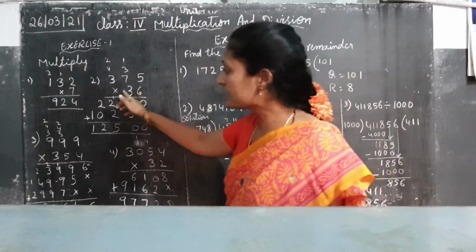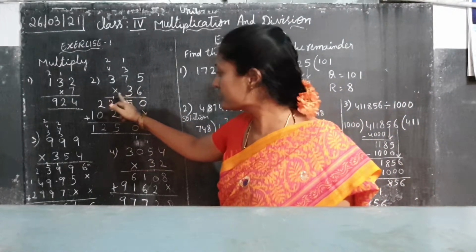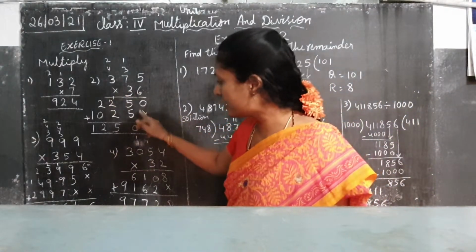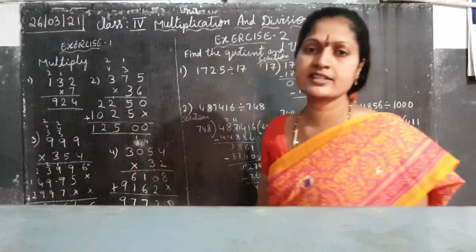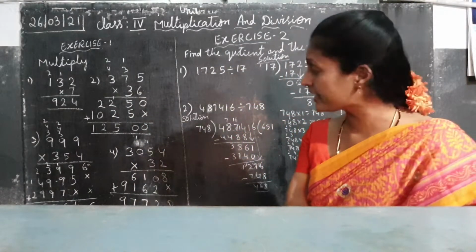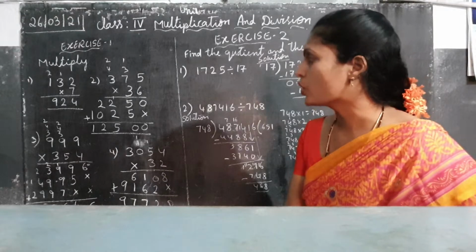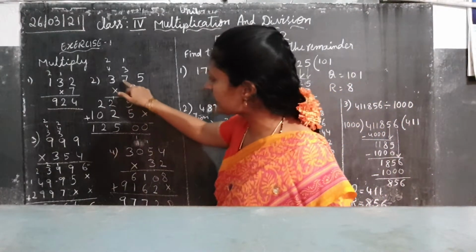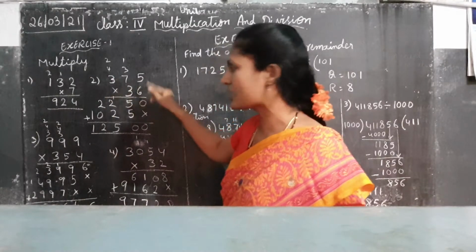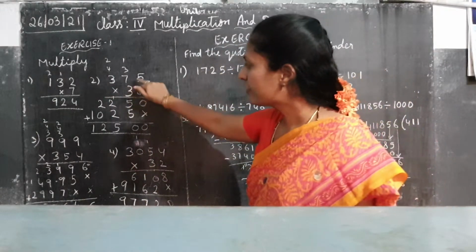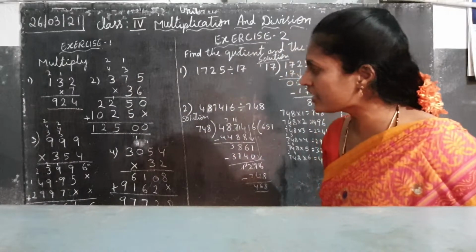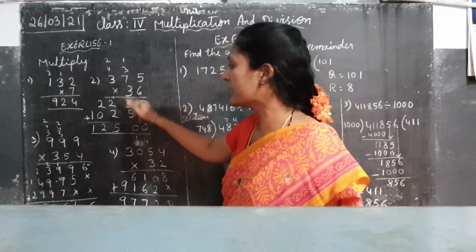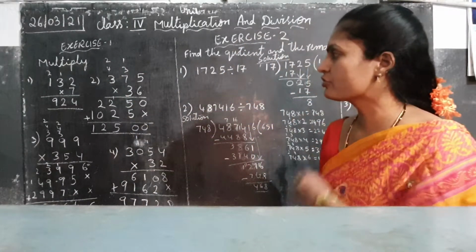And in the second row which number do we have to multiply? Tens, no. That's why we have to leave the ones. You write the cross mark, otherwise you have to write the 0 also. Okay. Now we have to multiply by the 3 table. 3 5s are, 3 7s are, 3 3s are. Always start with ones. How much are 3 5s? 15. 1 carry and 5 we have to write.